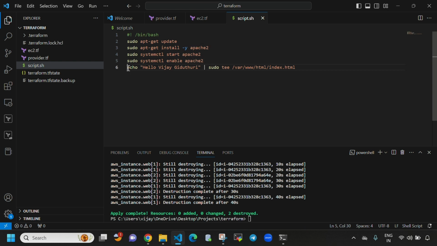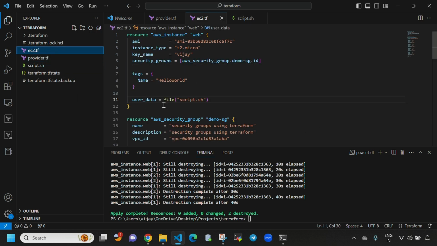And you can see echo hello Vijay Giduturi. So it will copy this path to where www hd index.html path, guys. It will copy this hello Vijay Giduturi to this file, and it will expose to the outside of the world, guys. And I will show you that. And here you can see I have mentioned here